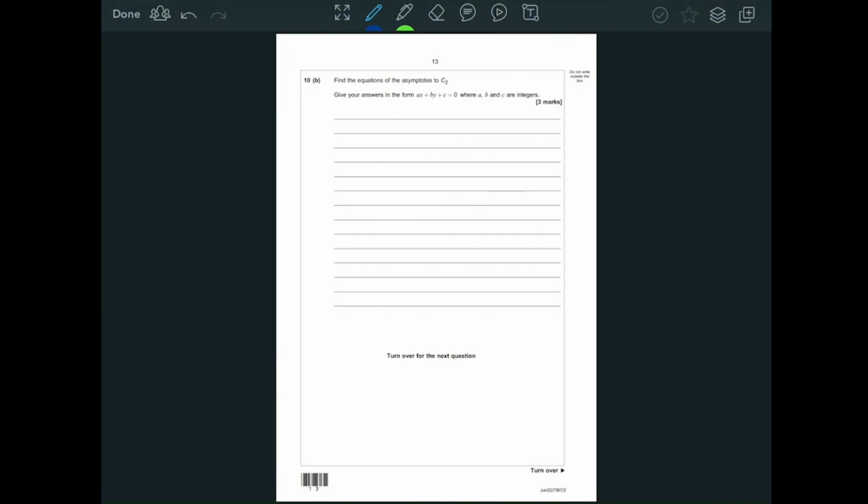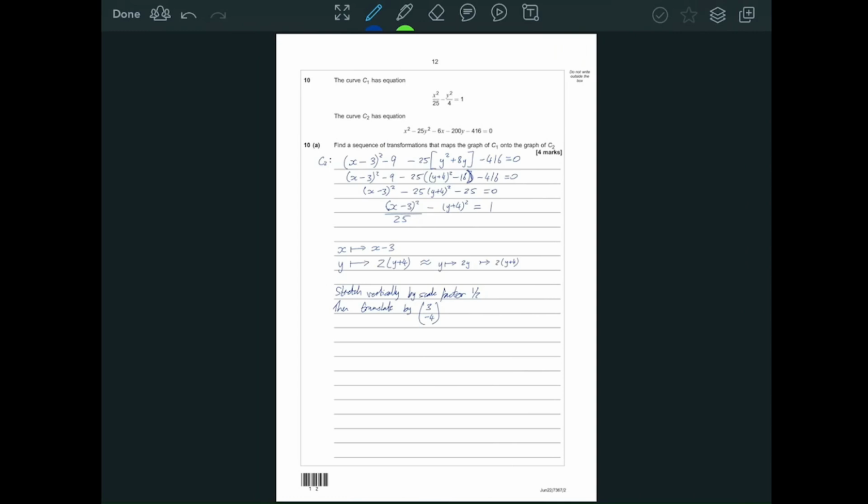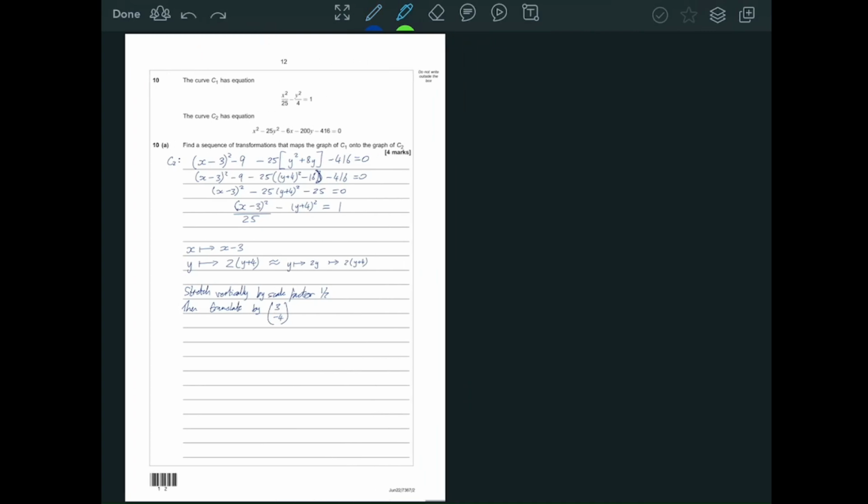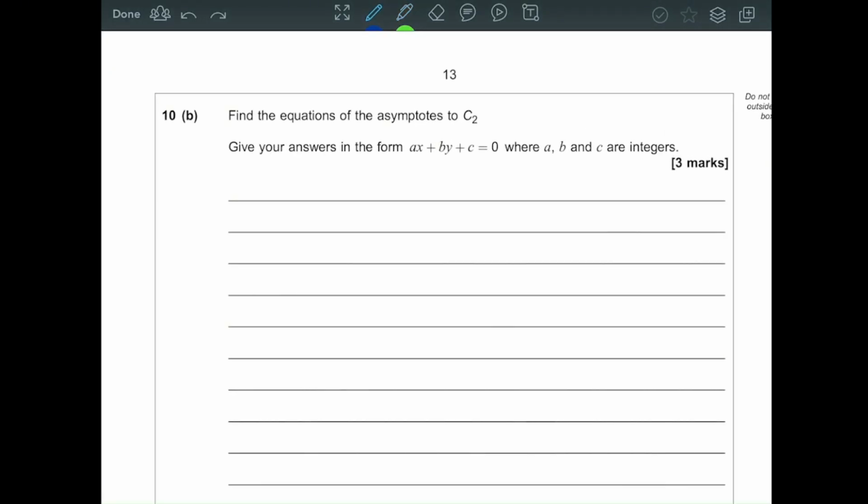Find the equations of the asymptotes to C2. Give your answer in those forms. Okay. And this is quite a common fact that they end up using. If you translate a curve, then all the key features of said curve translate in the same way. So the asymptotes of C1 will transform under exactly this change into the asymptotes for C2. So let's work out the asymptotes of C1 first. The asymptotes of C1